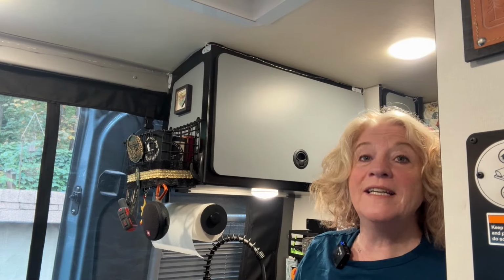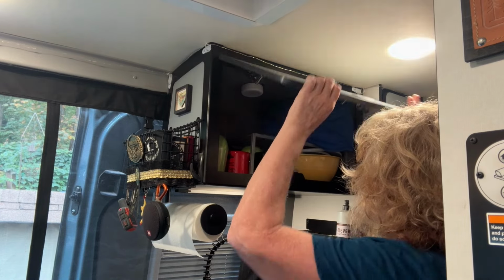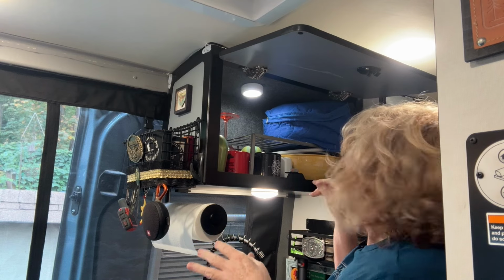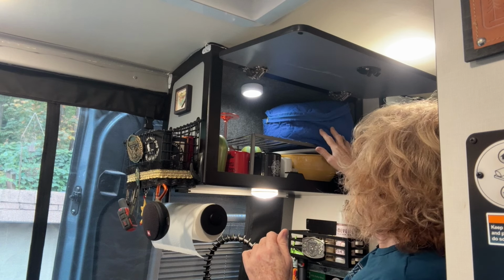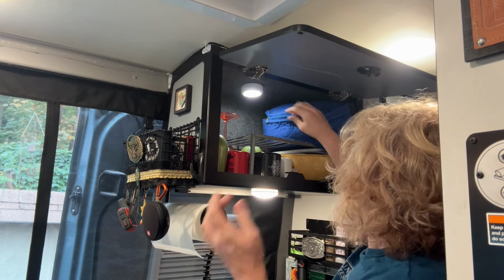So in the kitchen, we did a lot of modifications. For instance, in this shelf above the sink, I added this light so I can see what I'm doing. And then I also added this shelf so that we can store cups and glasses down below, as well as our mixing bowls. And then up above, I purchased this zippered fabric dish storage pouch. And so it's kind of cool. You open it up,